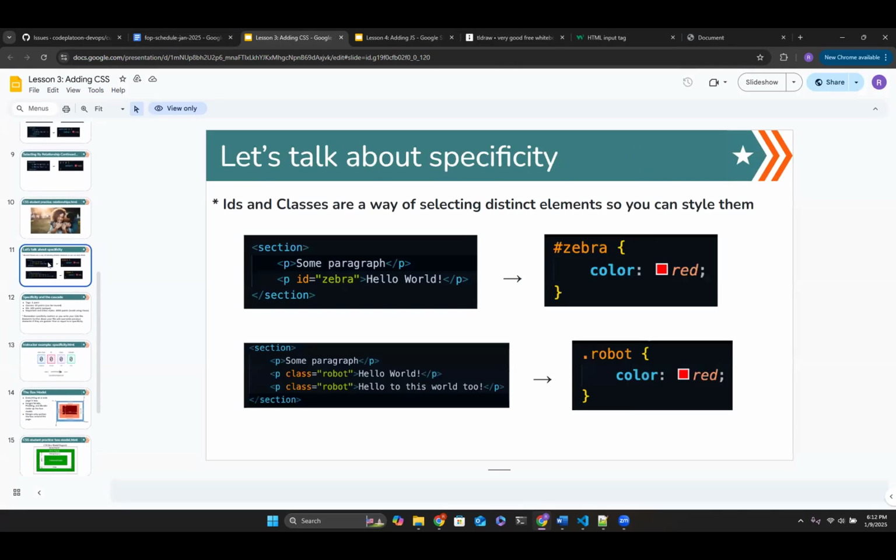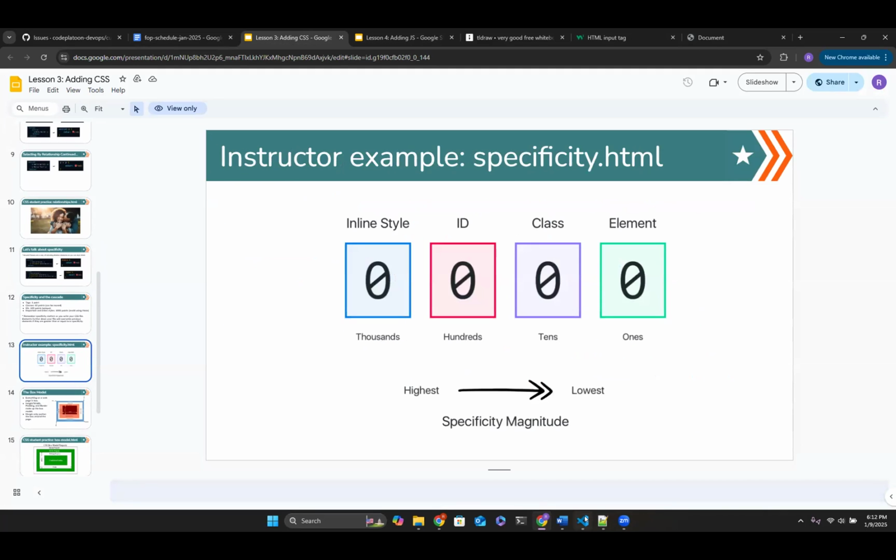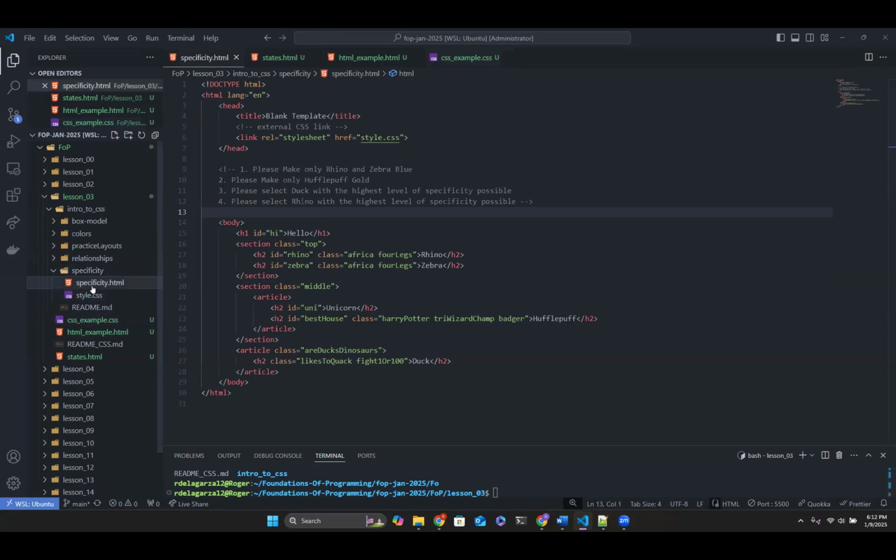All right, we're going to take about 10 minutes to try out the specificity.html. Especially because today we're actually able to cover a little bit more in depth. Yesterday, we were running out of time and we didn't really get to cover classes and IDs. But here we have an HTML document. We have different tags here. We have H1, we have sections with headers in it.